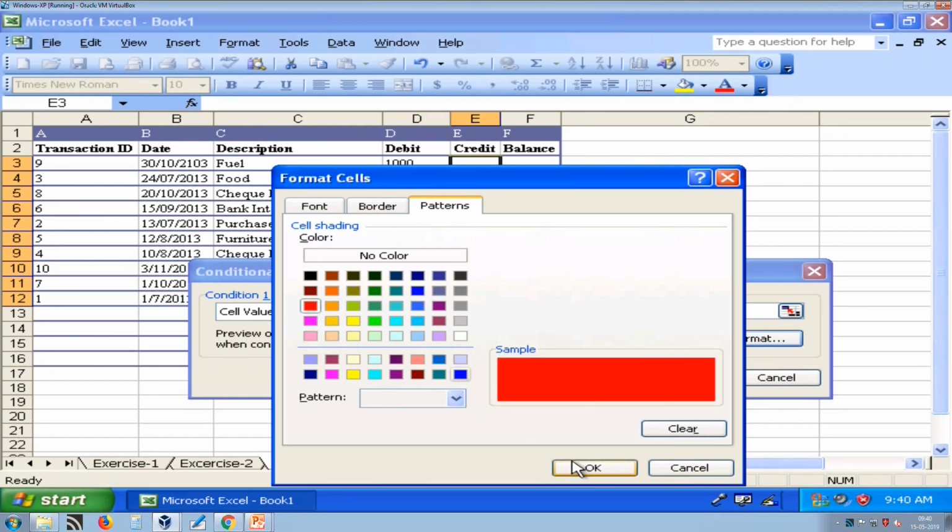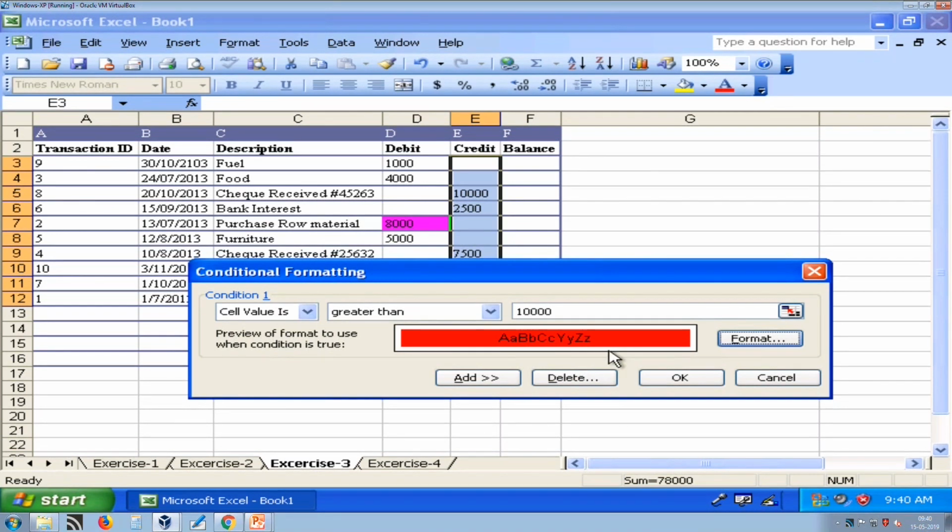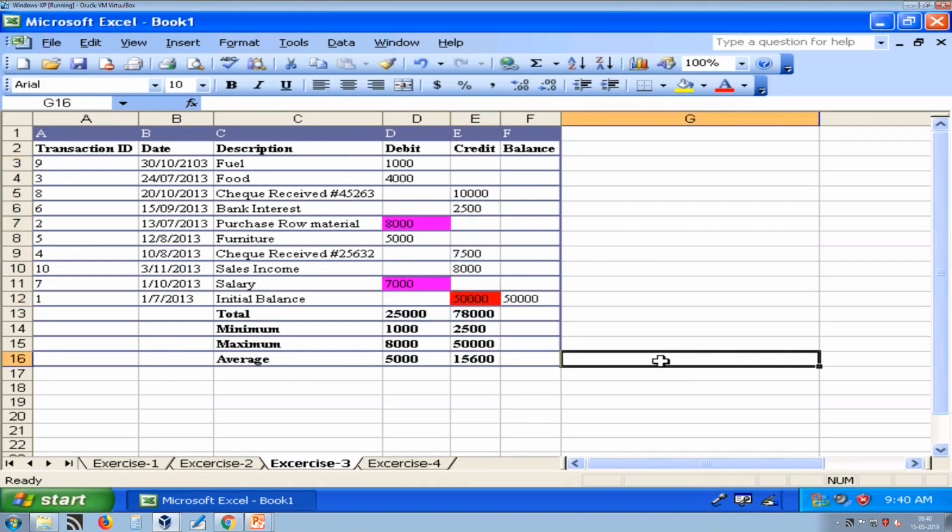So, here is the red background. I simply select red and then press OK. Here you can see there is one amount which is greater than 10,000 and which is highlighted.